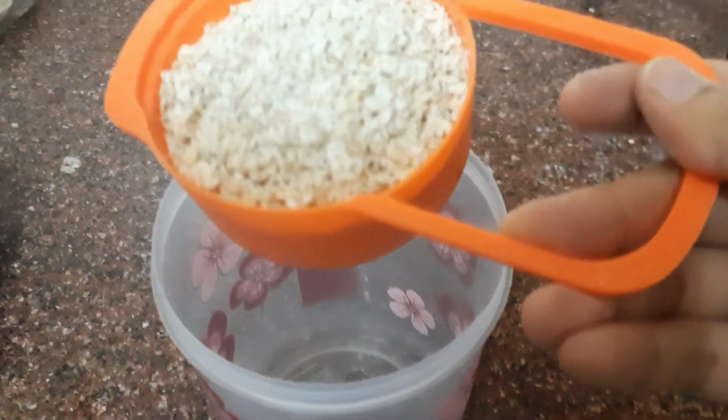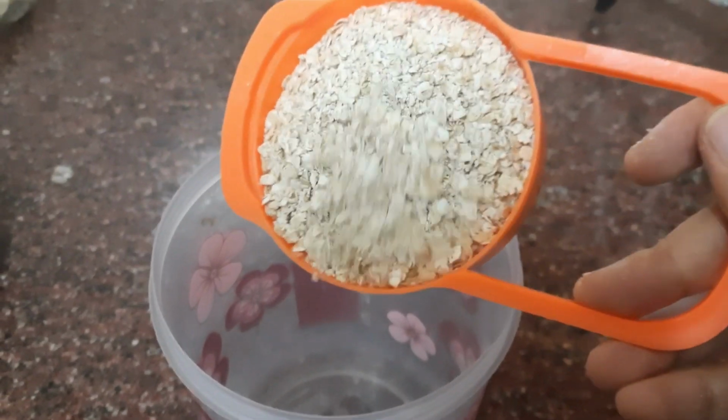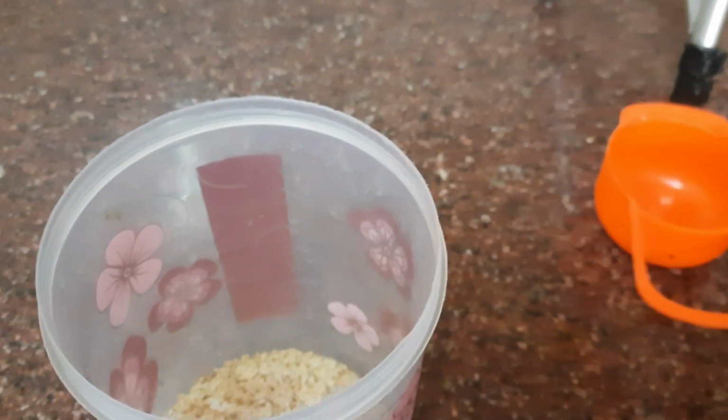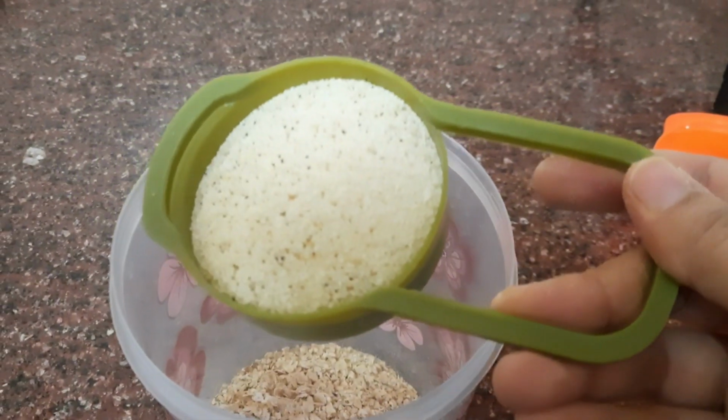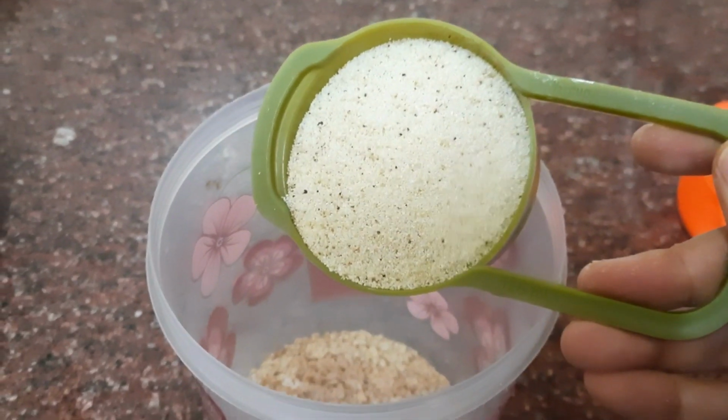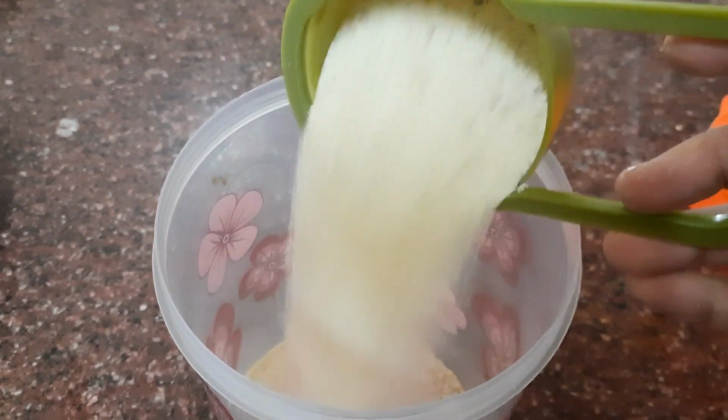The instant mix, let's have a jar like this, and I am taking 1 cup of rolled oats, any kind of oats you can use, followed by half cup of suji. This is roasted suji. I usually keep suji roasted or rava. Half cup of any kind of rava,